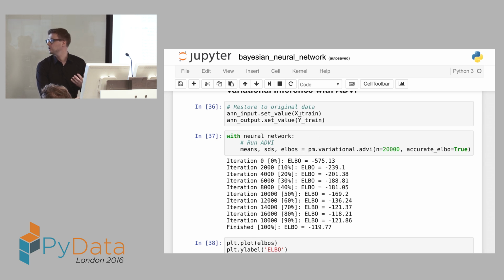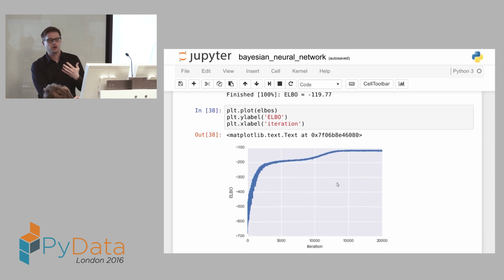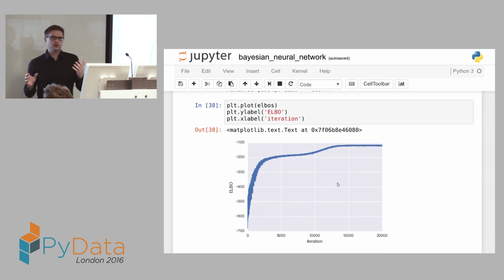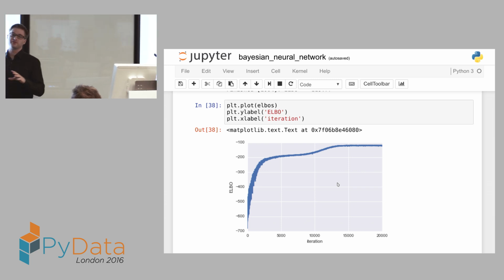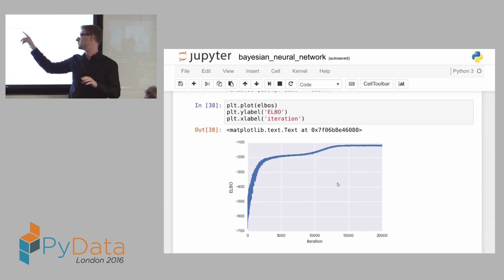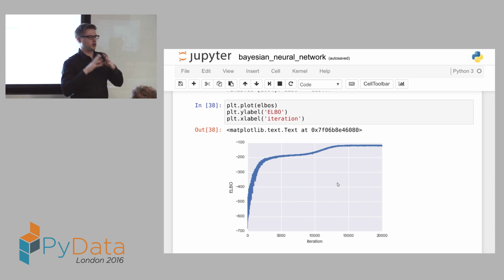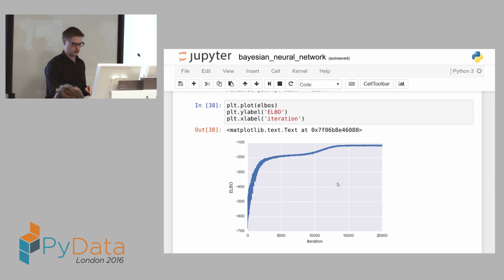So again, now we're switching back to the train data because we want to retrain the model. And I'm just calling variational ADVI instead of instantiating the sampler. I tell it, OK, run 2,000 samples, and then it's going to be very, very fast. This is basically the ELBO, the evidence lower bound. It doesn't really matter, but it's basically the objective function. So you can see how over time you optimize to a stable estimate. And at the end of that optimization, so it's not sampling, it's optimization now, you get your posteriors. That will be the mean and standard deviation parameters that you get returned.